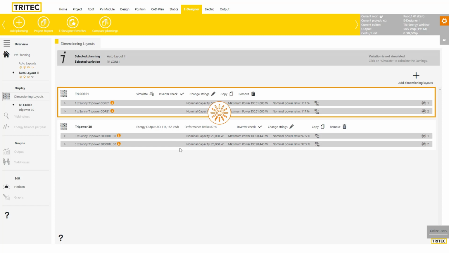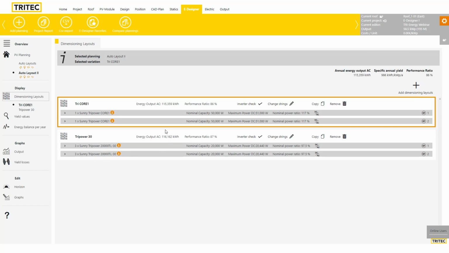Yeah, the simulation takes a while. So the 3 power 30 simulation, but it's not actually 30, it needed to be 20,000, but whatever. Now it serves an energy output of